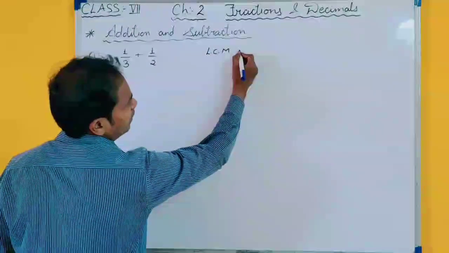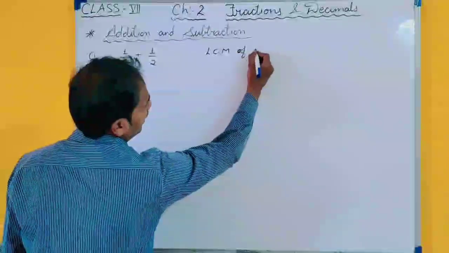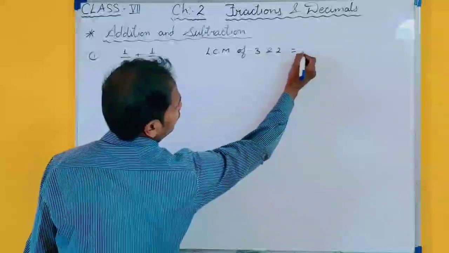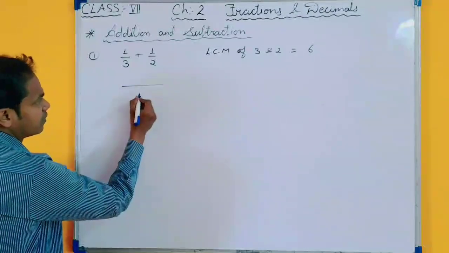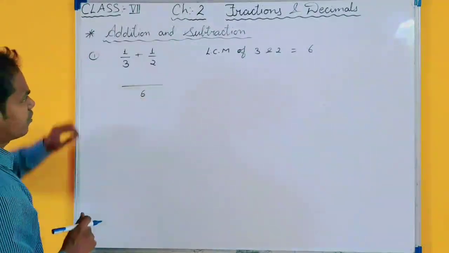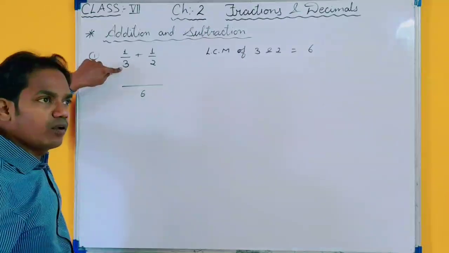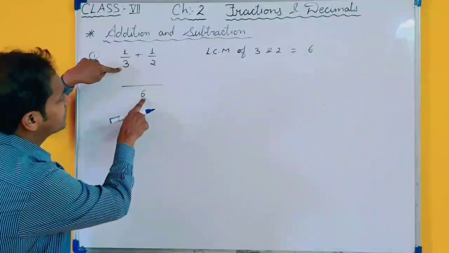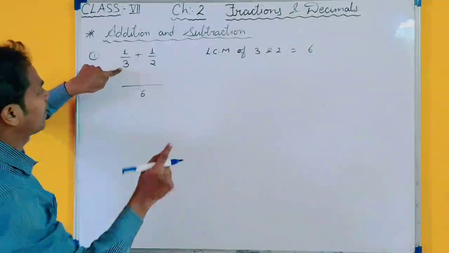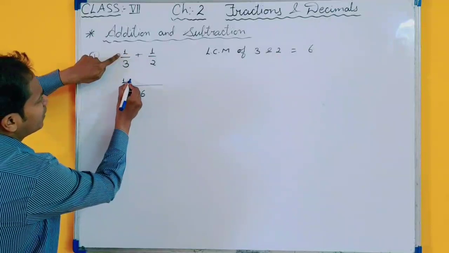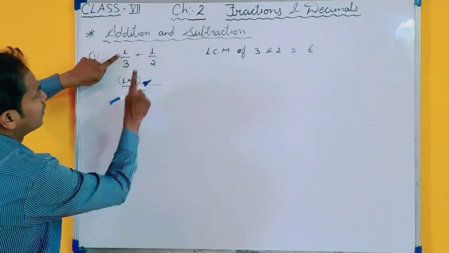In first step, we have taken LCM of 3 and 2. LCM of 3 and 2 is 6. Okay. So how will you solve this? Write here 6, your LCM. Now count table of 3. How many times does your LCM 6 come in table of 3? 3 ones are 3, 3 twos are 6, 2 times. So multiply your numerator by 2.